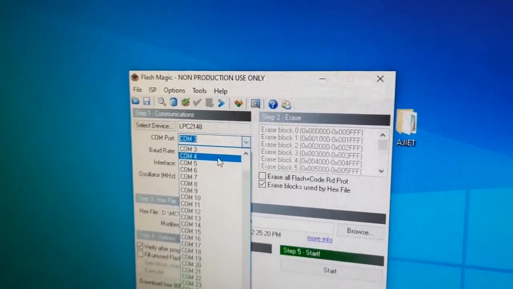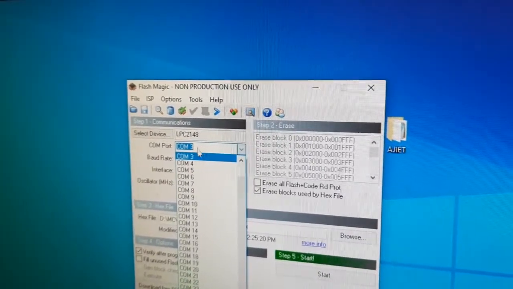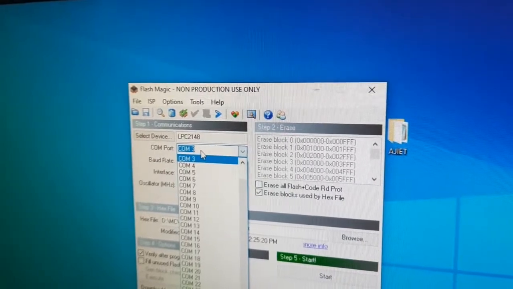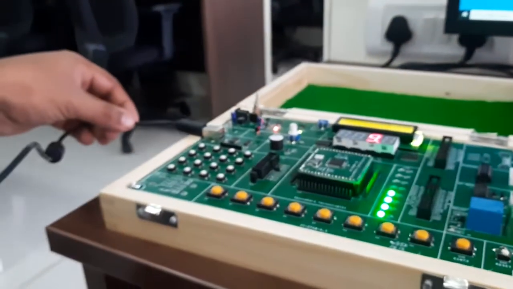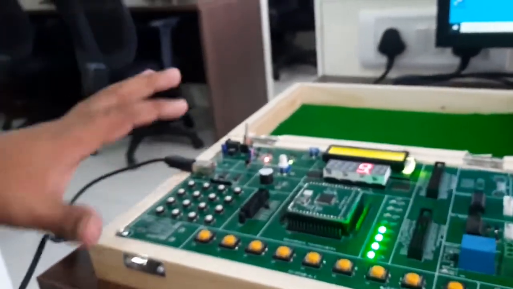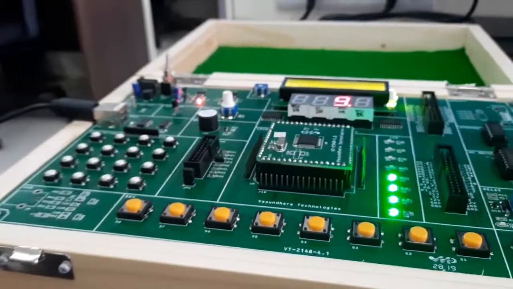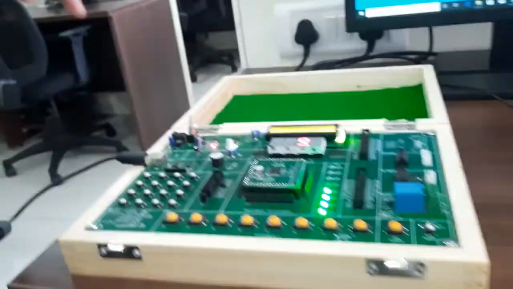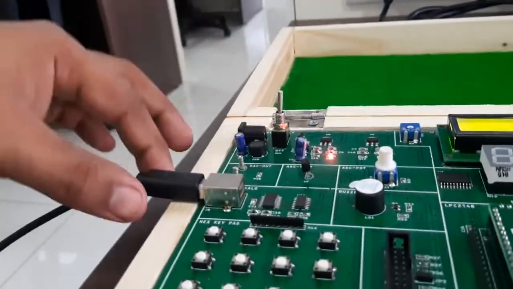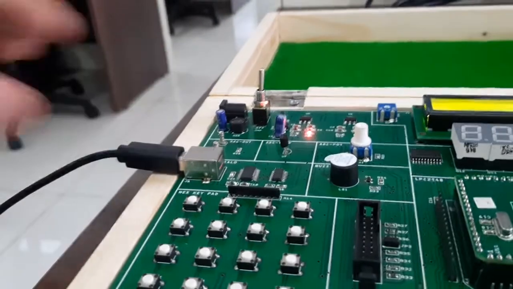Before setting this COM port, you have to do one thing, that is you have to connect your USB cable to your LPC2148 kit. I already told in the previous video lectures. So USB cable, one side is connected to LPC2148, another side is connected to your CPU.